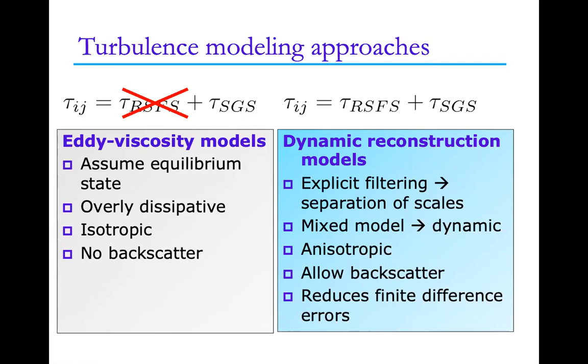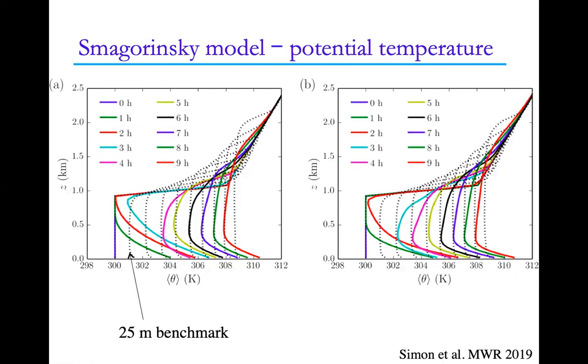So I'm going to show you some examples of how we applied the DRM to this convective boundary layer case, or a similar case that I just described earlier. And our idea here is to see whether the turbulence closure model affects the development of these structures in the gray zone, in the convective boundary layer.